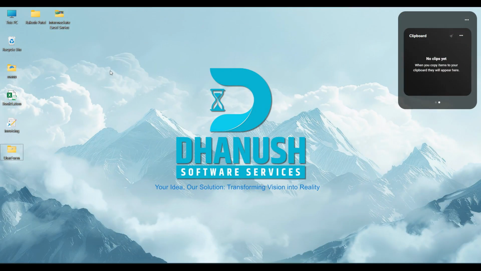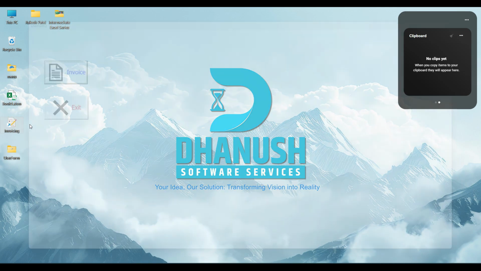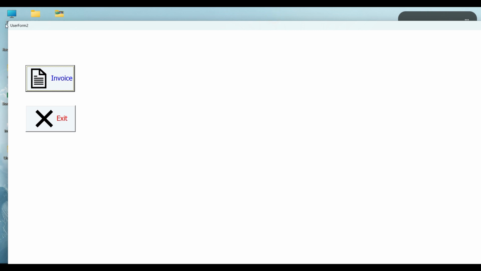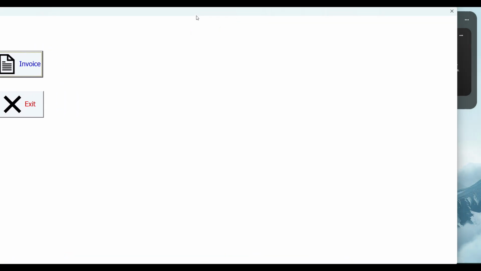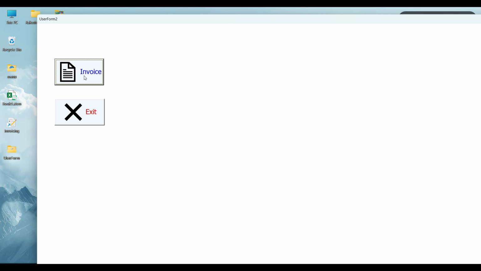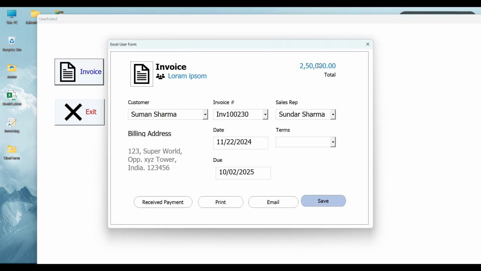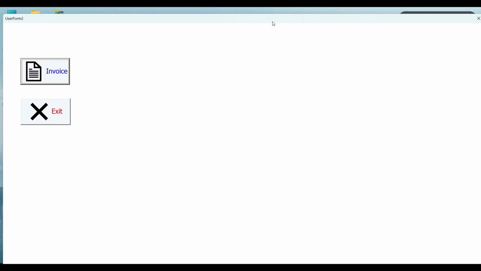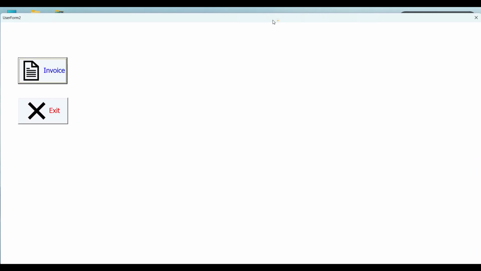Before we start designing our user form, let's see what I am going to show you. On my desktop, you can see the invoicing icon is there, and if I double click on it, you can see a form gets loaded. So this is the user form, and this is not an Excel file opened over here. This is the pure form. If you click, the rest of the functionality is also available. So this is the application that can perform whatever activities you want to do.